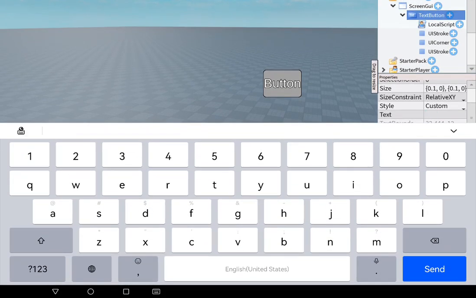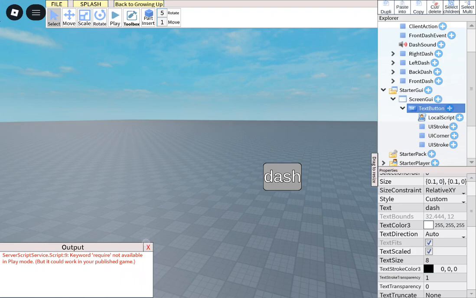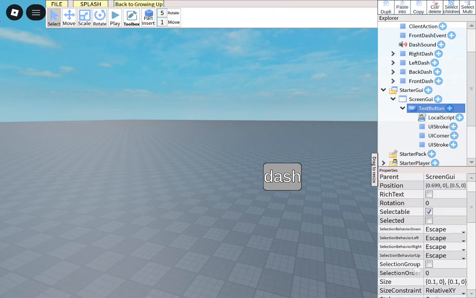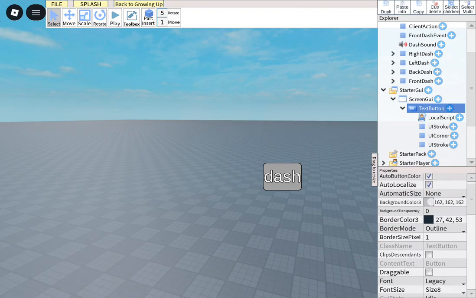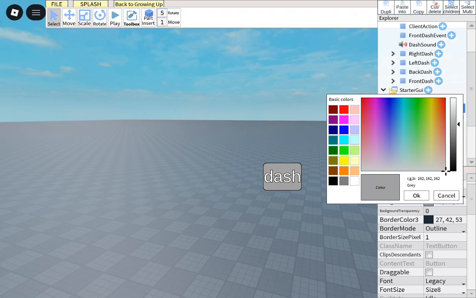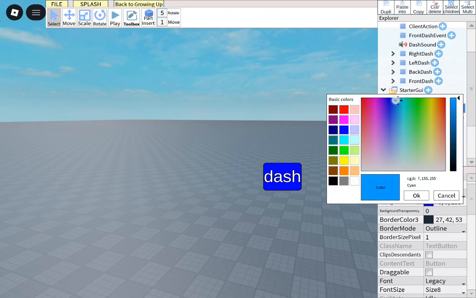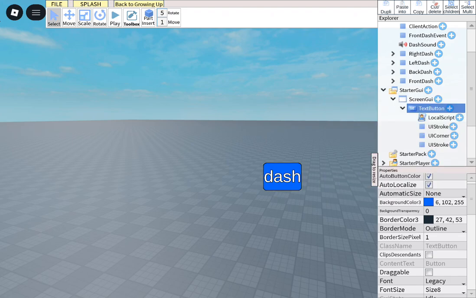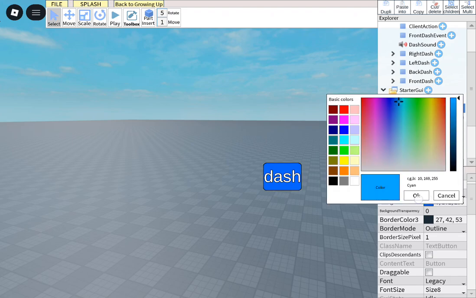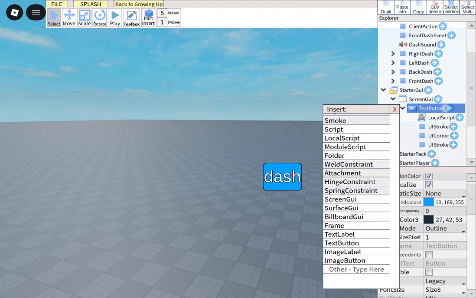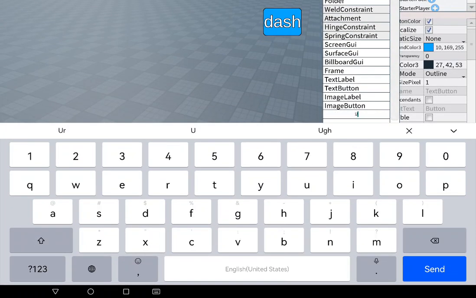Okay, now. White, blue, no. Electric blue, yes. Cyan, yes, sir. It's better. You agree?